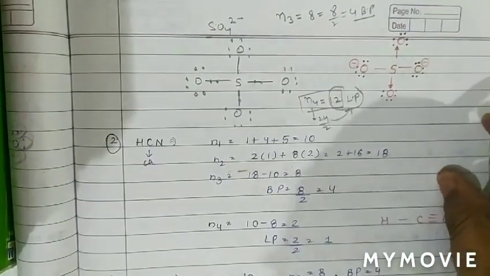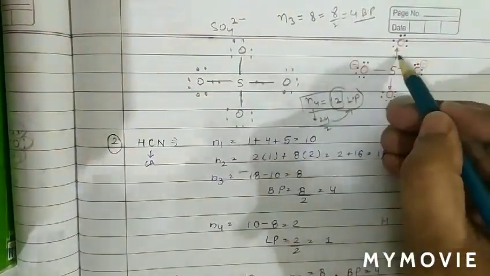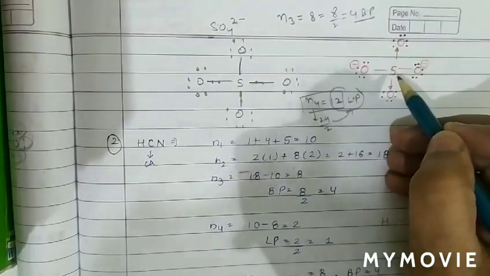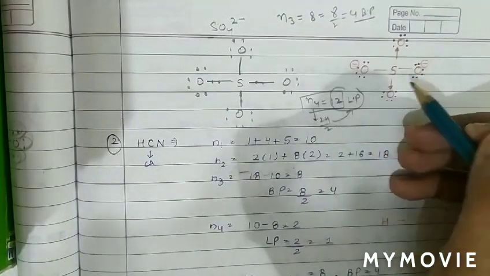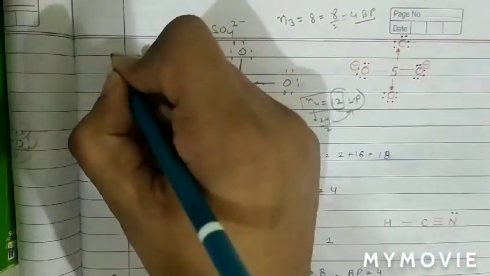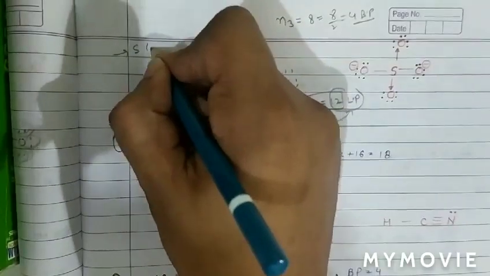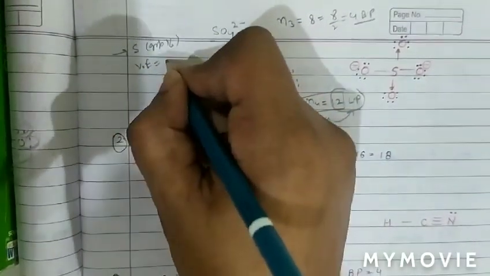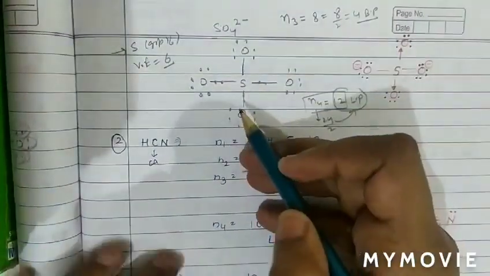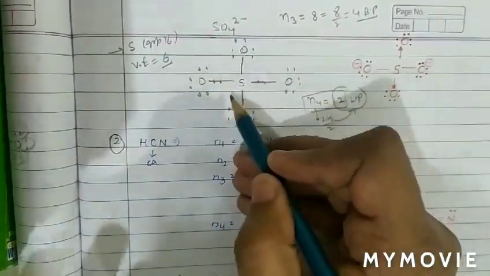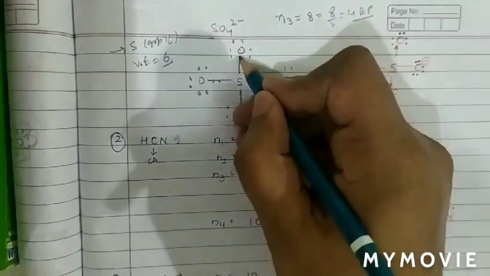Now as we can see, in this molecule there are 2 coordinate bonds. See how many coordinate bonds are formed and how they are formed. Use the simple trick which I am explaining. As we know, sulfur is group 16, with 6 valence electrons. So according to this, sulfur should form 6 bonds, but we can see sulfur is forming only 4 bonds.